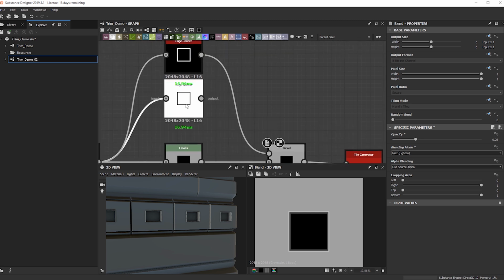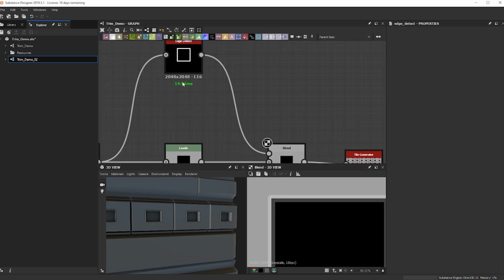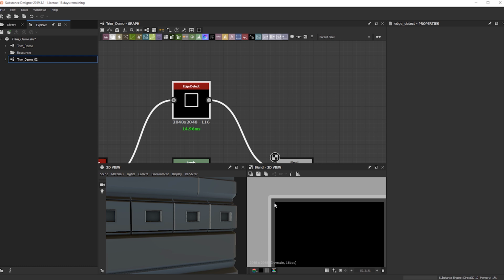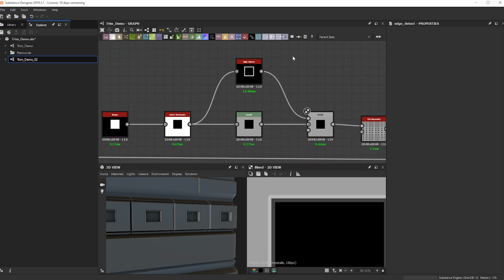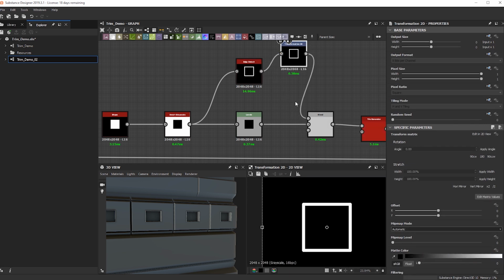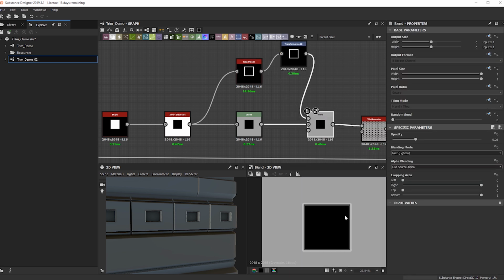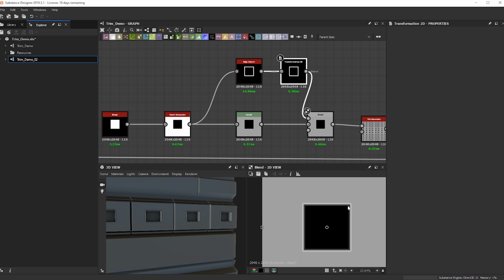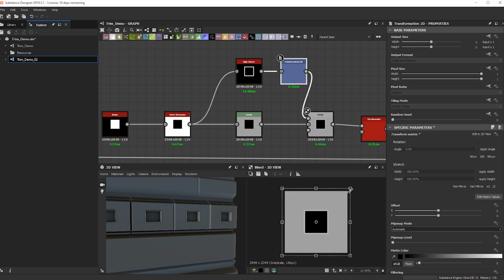One thing I can do is, because it's not aligning right on the edge of this guy, I can just do a transform and kind of push it out just a bit. So I'm just going to go ahead and do that. I'm going to take the transform, going to move this into shape here. Maybe something like this.